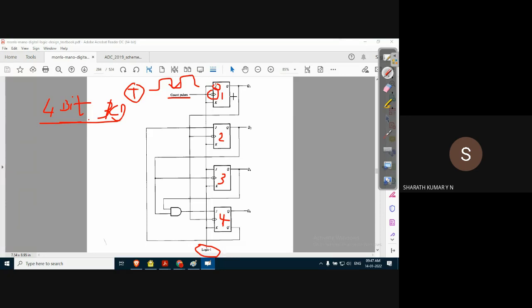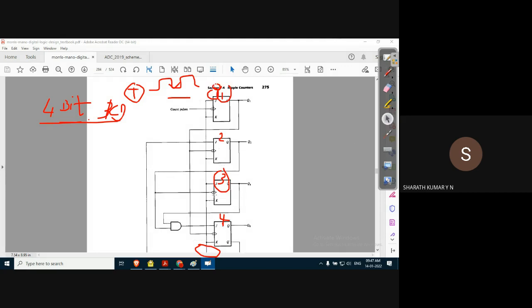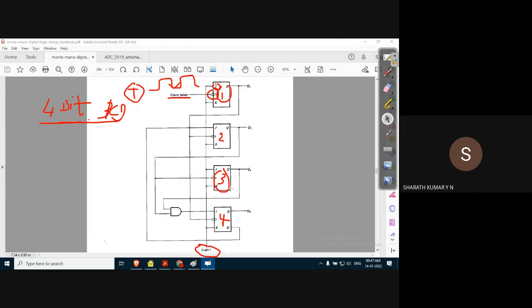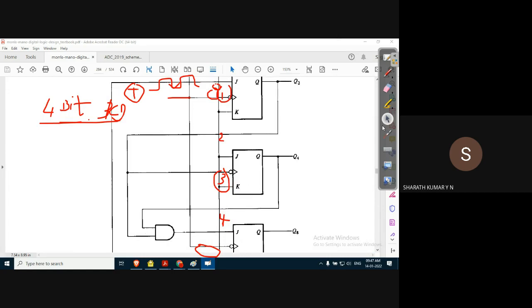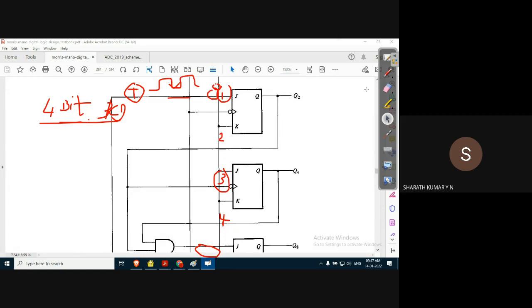It is applied only to the first flip flop and to the third flip flop. How do we know it is applied to only the first and third? If you closely observe the diagram, at each input there will be a dot. This dot indicates that this line is connected here.